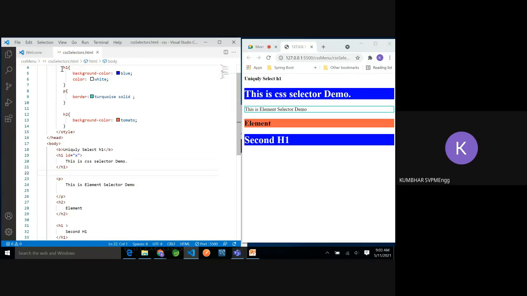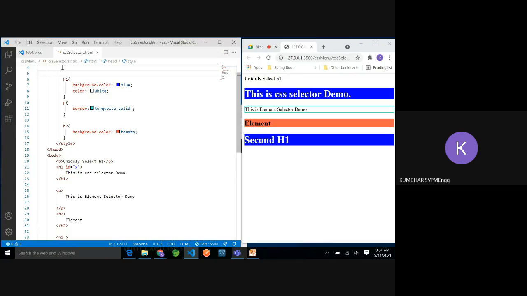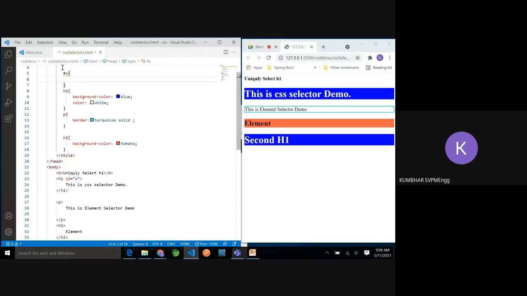Obviously, for as many H1 as I keep, the background color blue and color white stay as they are, but whenever there is any element with X as ID, I want that element to have a different style. So I'm going to add one more style. To access that ID, we have to use the special character hash, and the name of that ID. And then you can define the style here.